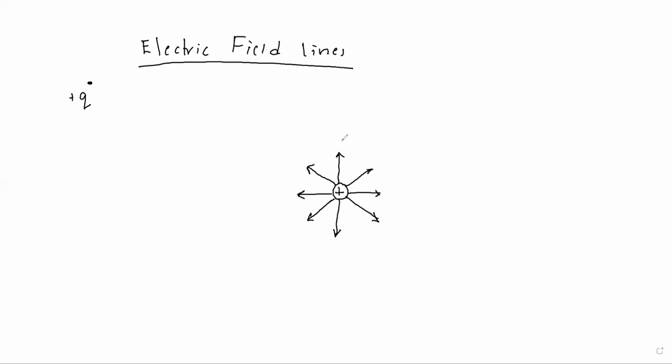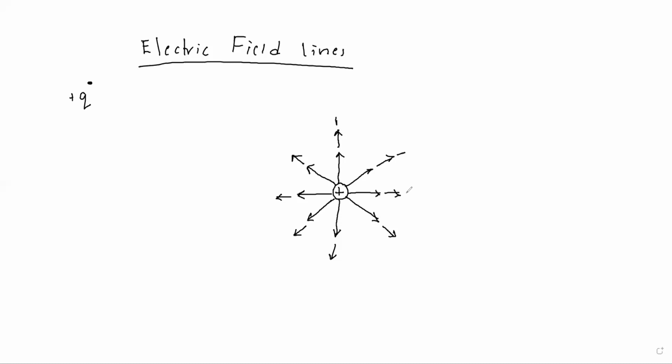Now, as we move further, what happens? I'll draw a few more electric field vectors, which are much smaller than the previous one. What is the direction? The direction is outward because we have taken the positive charge. Now can you see the length is decreased? The first was bigger. Then as we move away from the charge, the length is reduced, right? So now suppose you move further away, a little more away, what happens?